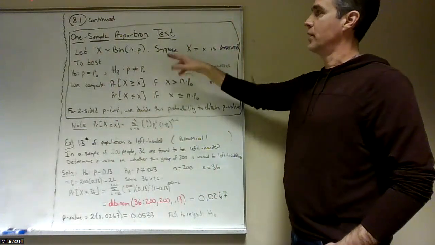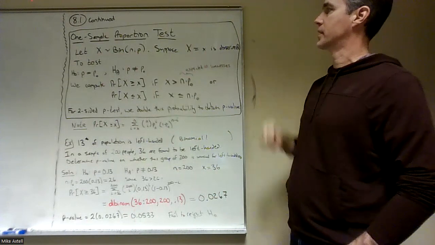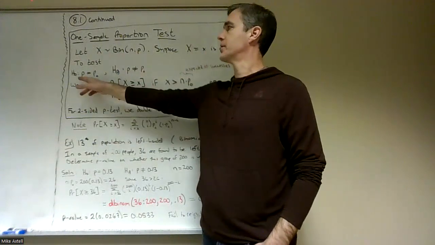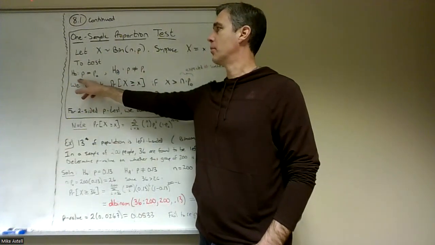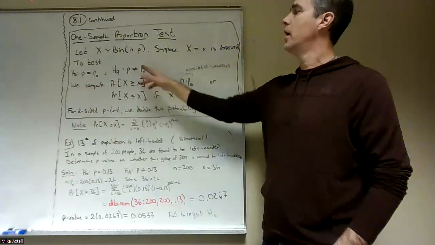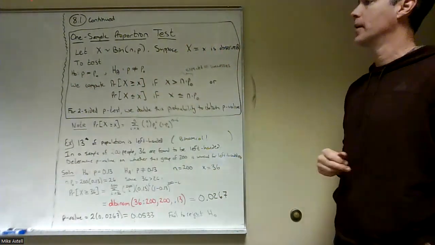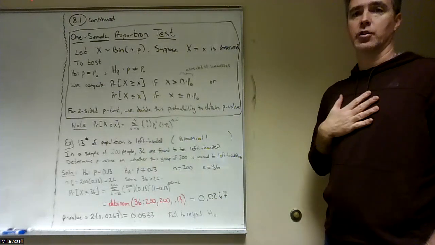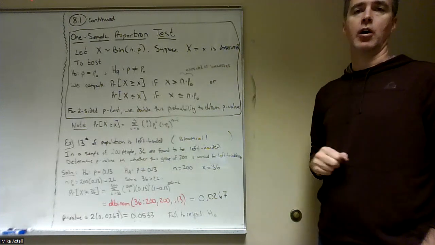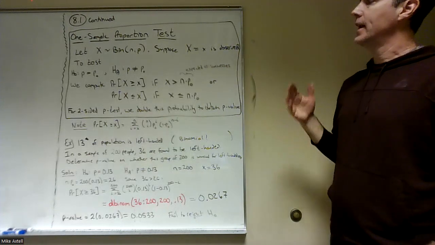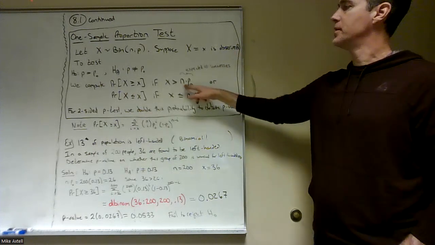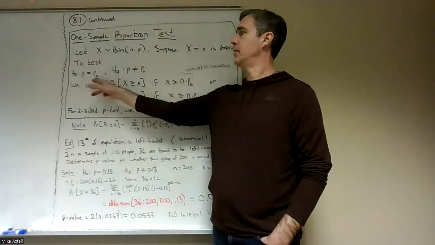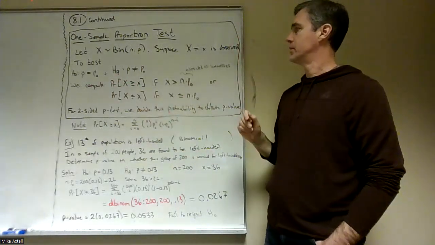And suppose that we actually run this once and we observe little x number of successes. We'd like to test a proportion. Our null hypothesis, H0, is that our proportion is equal to some value p sub 0. The alternate hypothesis is that it's not, okay? In order to test this, we're going to look at how large or small our observed value is. In a binomial distribution, n times p is the expected number of successes. If the null hypothesis has p being p sub 0, then n times p sub 0 is how many